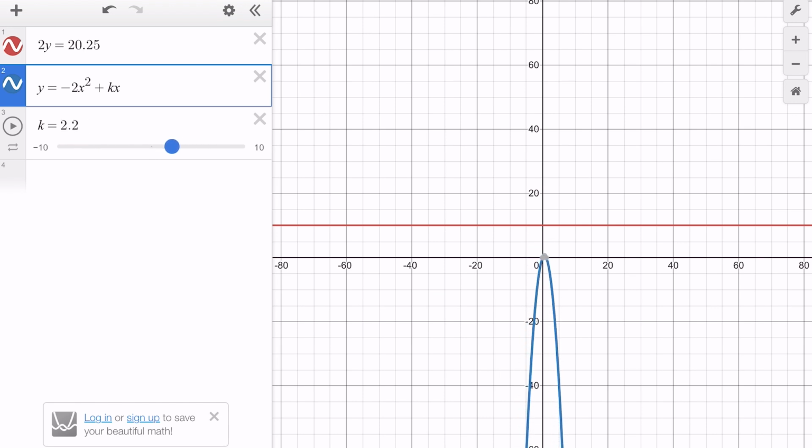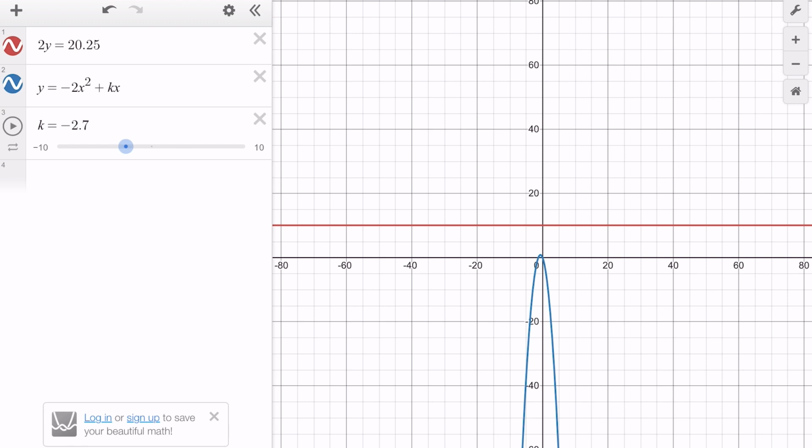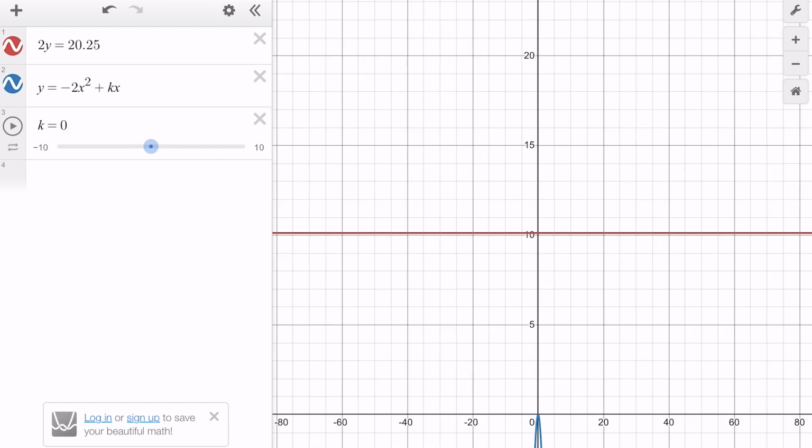up and down. And if we're thinking about the context of this problem, we're looking for one intersection between our parabola and the line. So the problem tells us that k is going to be a positive constant. And so I'm not even going to try any values under 0 for k because I know it needs to be positive. I can see my parabola getting closer and closer